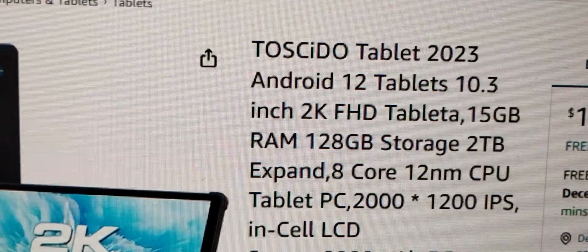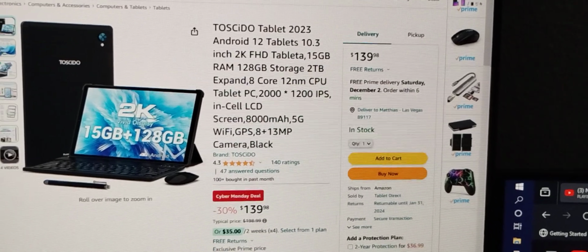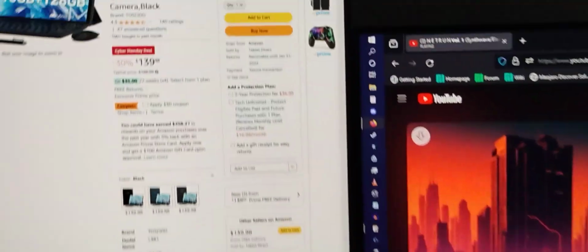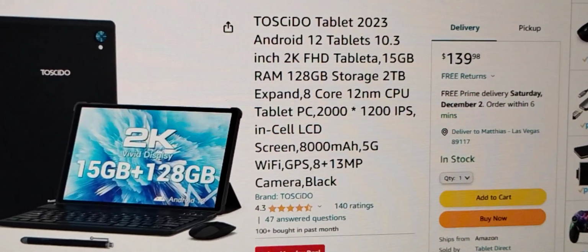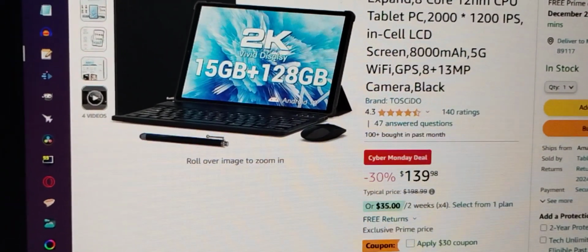manufacturer in car. Yeah, brand Blackview. So I've also seen it under this name, TOSCiDO. I'm not gonna try. I'll ruin it if I try to say that. But it'll be under these specs. It'll say something like that,